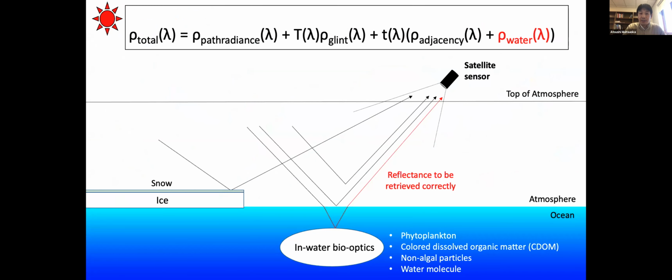So an ocean color sensor at the top of the atmosphere receives radiance from various sources. We are interested in retrieving the water reflectance as accurately as possible, but it is important to note that there are many sources of contamination, including snow and ice.